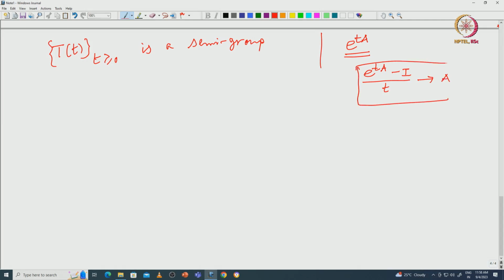So this convergence is in the operator norm. So similar to this, we can now